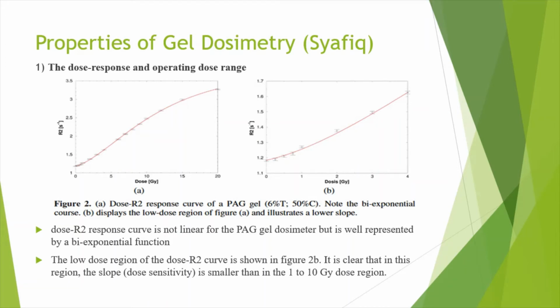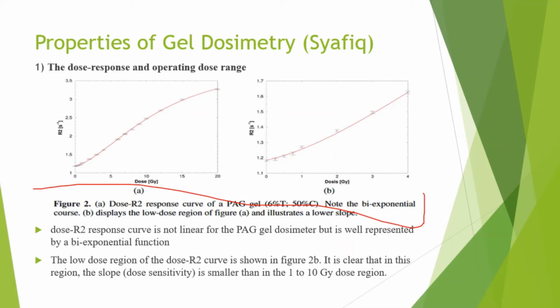So, there are several properties of gel dosimetry. The number one is the dose response and operating dose range. In this graph, it's shown the dose response curve with the gel 6% T and 50% C, which is A and B, where A is displayed as a high dose and B is displayed as a low dose in duration. So in the dose with the R2, which is this one,